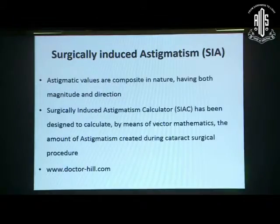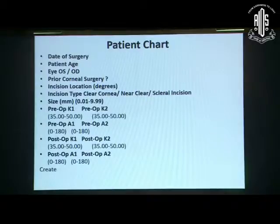This is the website that is available, www.drhill.com. The data that you have to enter for surgically induced astigmatism is the state of surgery, the eyes, the prior corneal surgery, whether it was done or not. Incision location, very important, as I showed. Incision type, whether it's clear corneal or others. Size of incision, pre-op K1, K2, pre-op axis 1, axis 2. Then post-op K1, K2, post-op axis 1, axis 2, and then you just have to enter create, and that creates